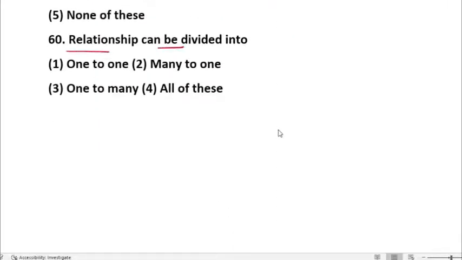Relationship can be divided into one-to-one relationship, many-to-one relationship, and one-to-many relationship. So the answer is